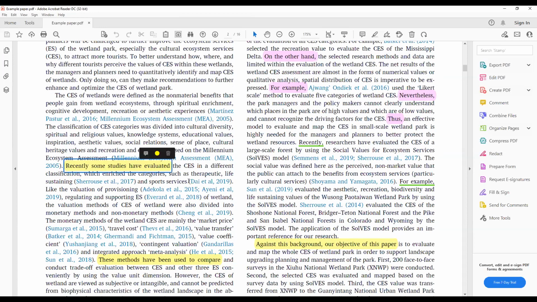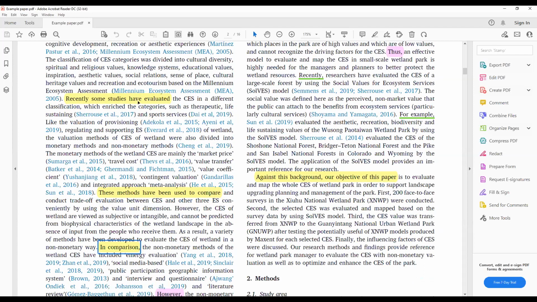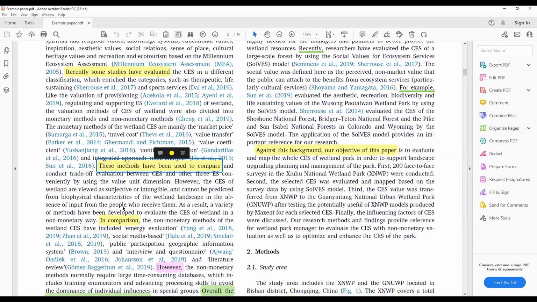Now, this sentence is important here. Recently, some studies have evaluated blah blah blah. These methods have been used to compare certain things. This is the author doing some interpretation of what others have done. In comparison, again, there are so many methods that these authors are discussing, which have been developed recently, and how they have compared. And the authors are also now trying to compare these methods. This is the interpretation of the past